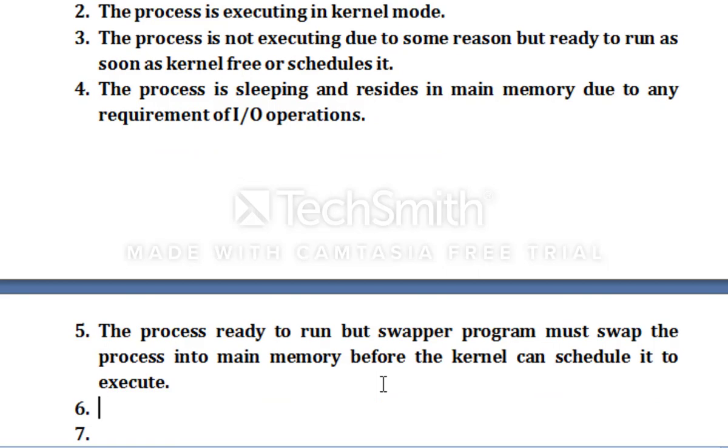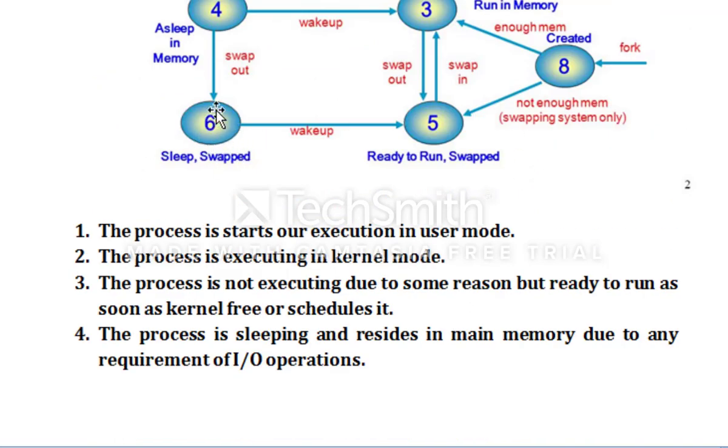We already wrote this in step 5. Let's discuss step 6. As you can see, in step 6 the process is in the sleeping state, and the swapper has swapped the process to the secondary memory to make room for other processes in main memory. Okay, so if a process exists in state 6, that means the process is permanently swapped out from the primary memory and is situated on the hard disk. And via a wake up call it will be resumed into the primary memory.